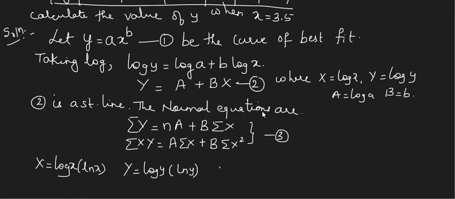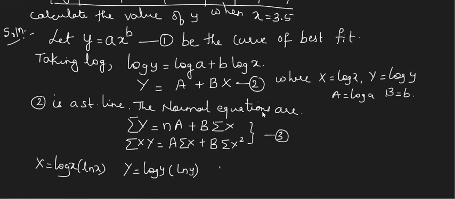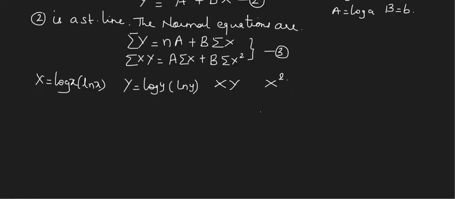So what is the next value required? What is the next column in the tabular form? Capital XY, isn't it? Is there anything else, or are only these three values enough? What is one more thing required here? It is x square. Start taking the tabular form. So for understanding better, I will take the beginning values of x and y.